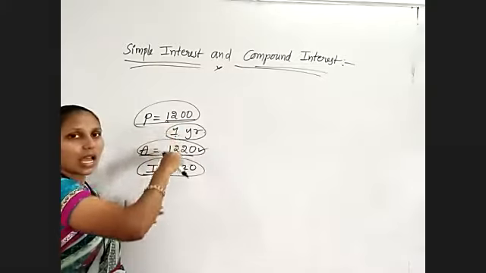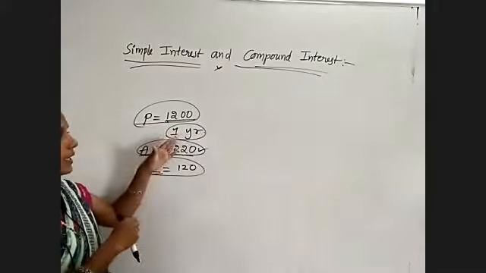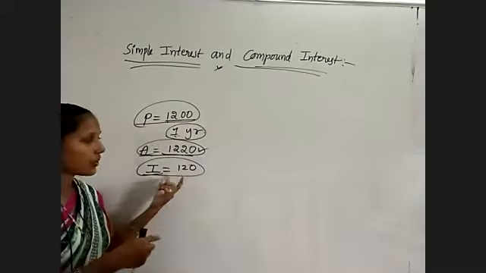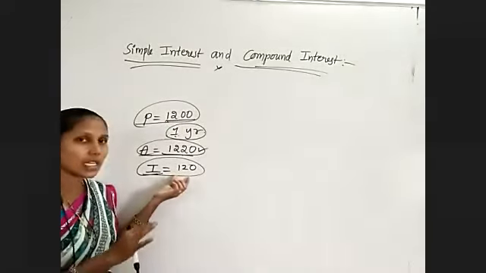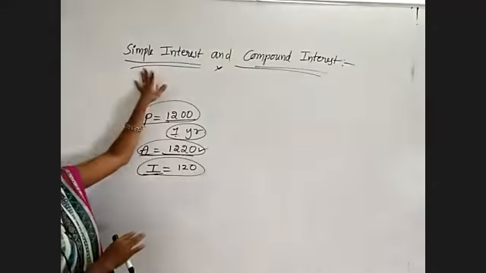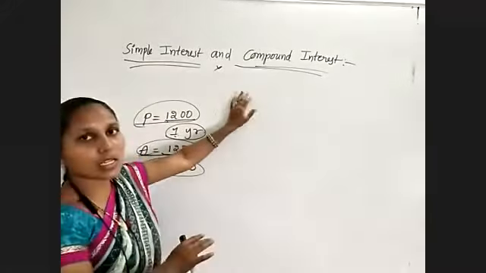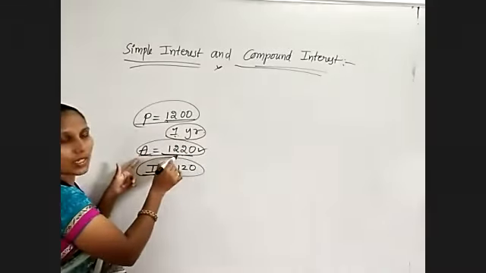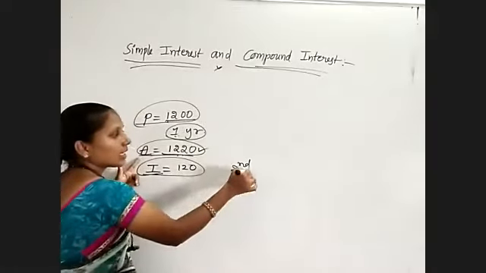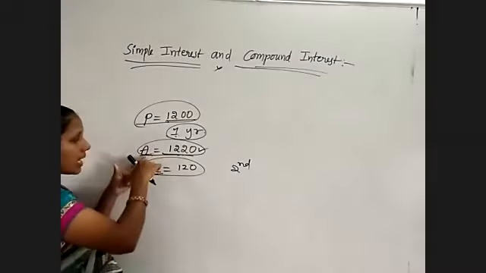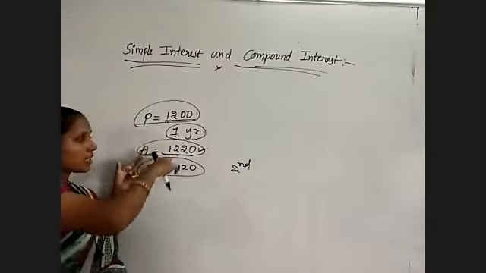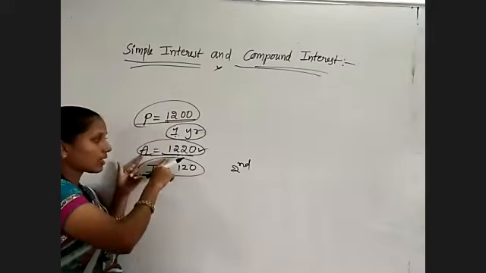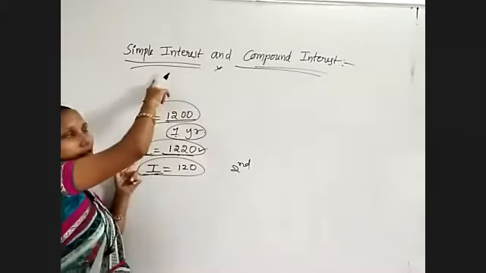Then also, the interest you paid for the first year, for the second year you also have to pay the same thing. It means this 120 remains the same in the case of simple interest. But in compound interest, whatever amount you got, now the amount is equal to 1220. For the second year, the principal will change; this amount will become the principal. In the first case, whatever principal was there, that one only is taken for the second year also in the case of simple interest.